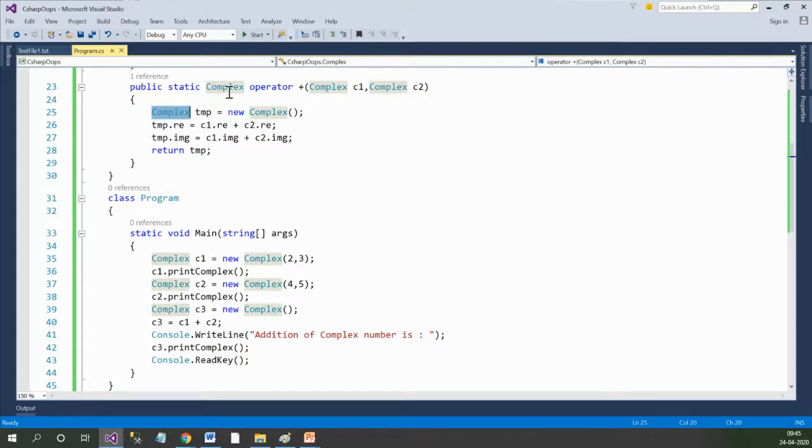That's why this return type is mentioned here. So the syntax of operator overloading is public static, return type, operator keyword, then the operator to be overloaded and the parameters, and whatever logic you want to perform needs to be written inside it. So this is the way you can overload the plus operator to perform addition of complex numbers.